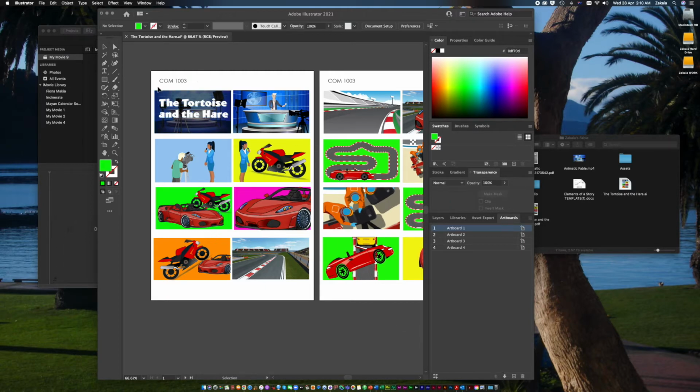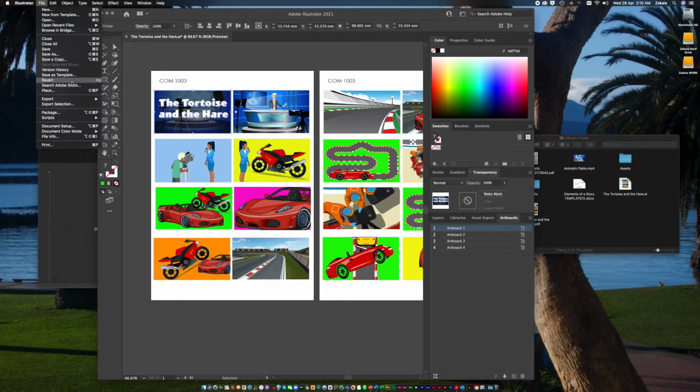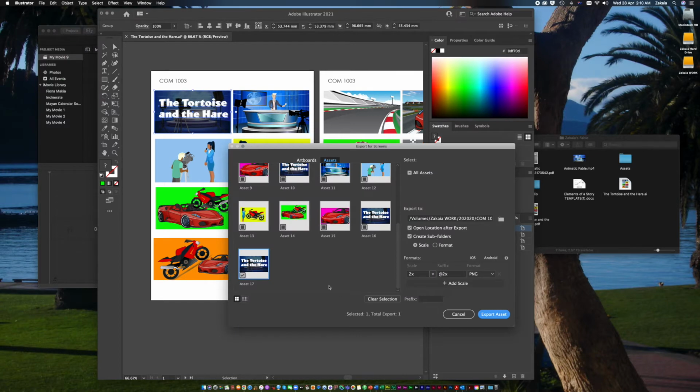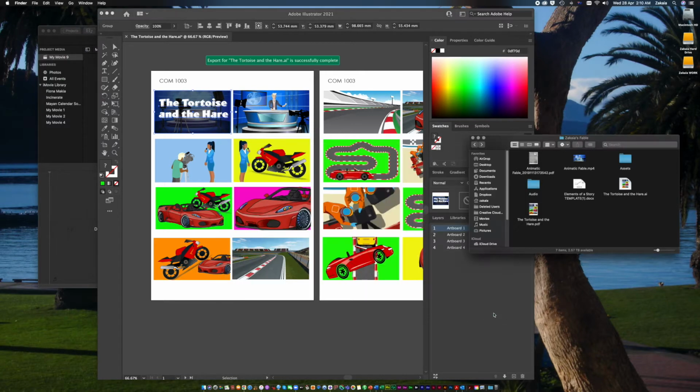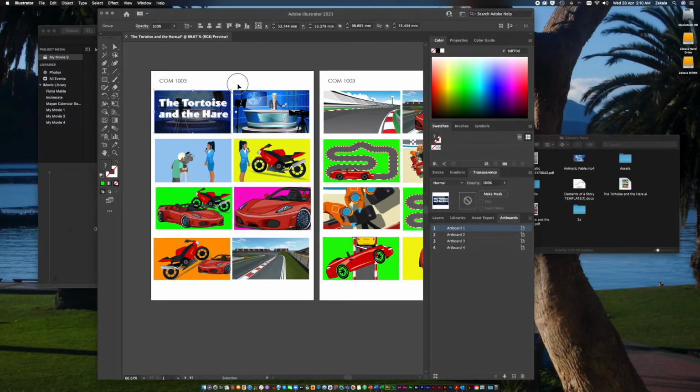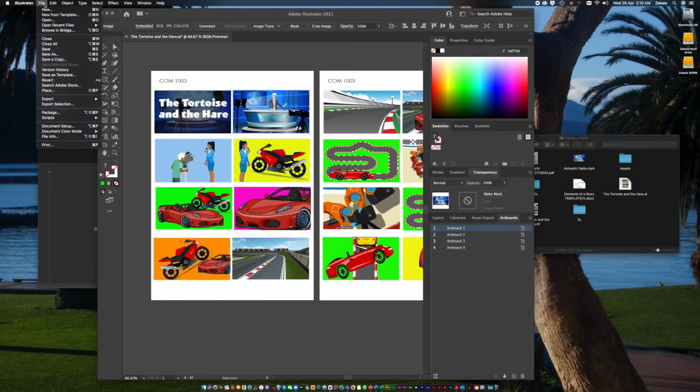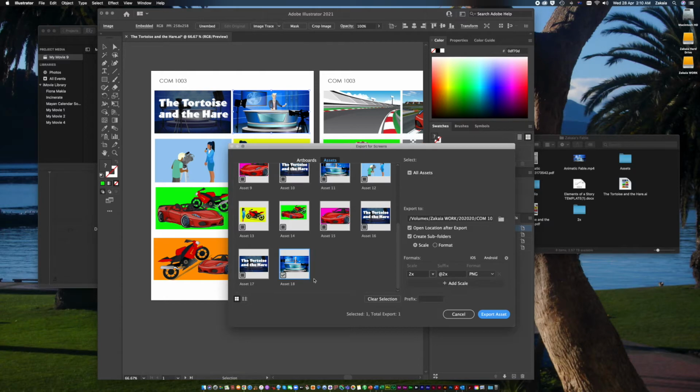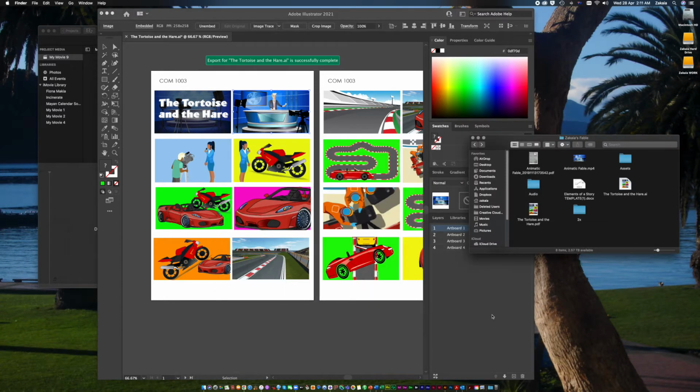First of all, if I just select this first thumbnail, I can go to File, Export Selection, scale's fine, I want it as a PNG, and then export the asset. And you can see here that it's created a file and it's in there. So I'm just going to go through and do this for the first 6 thumbnails. So again, File, Export Selection and Export Asset,